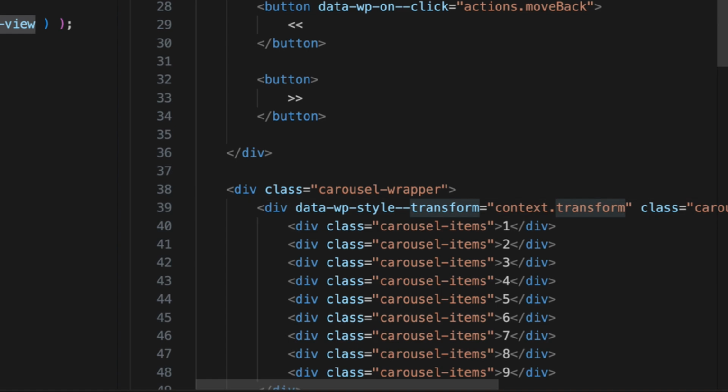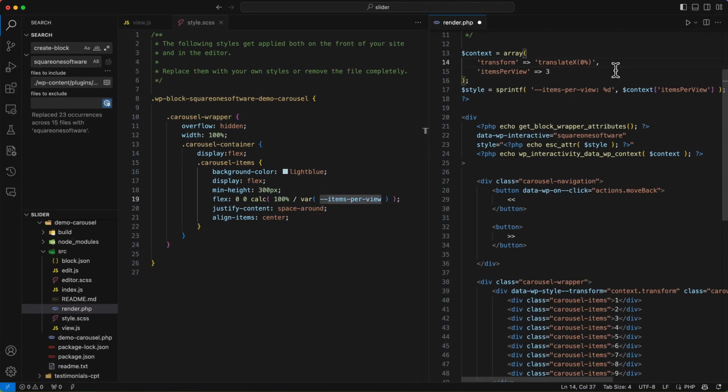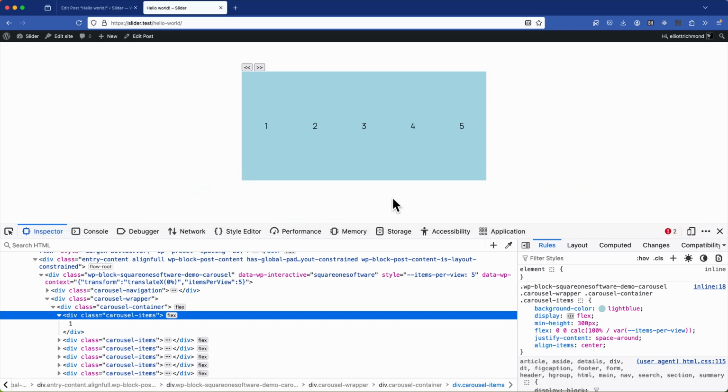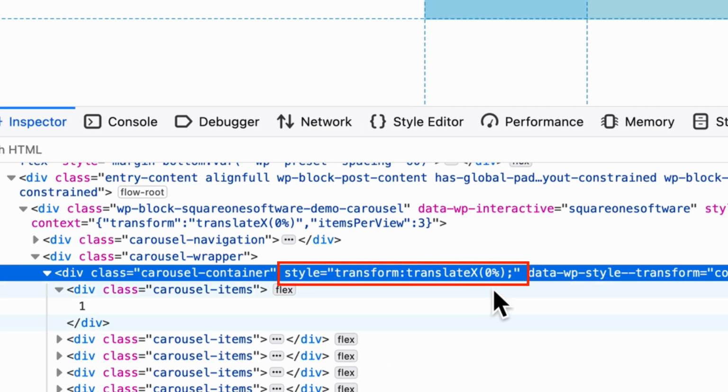And this value has been set to translate X 0%. So after saving the changes, go back to the front end and refresh the page. We should see 3 slides displayed, which we do. And if we inspect the carousel container, we can confirm that the style transform is correctly being set to translate